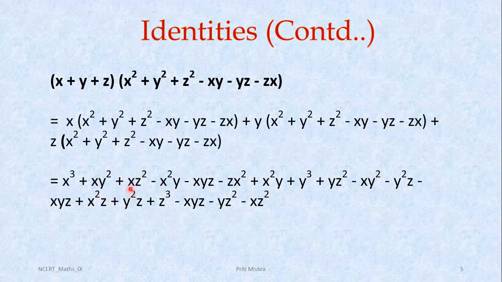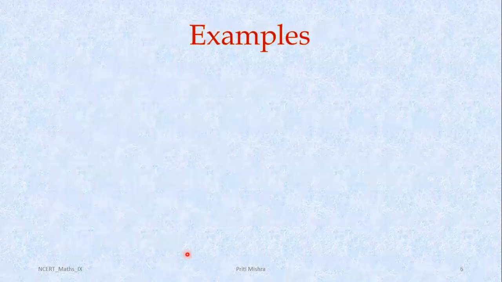Then in the same way, xz square will get cancelled out here, this one plus xz square, minus xz square. So in this way, all these square terms will get cancelled out, and at the last we will remain with the result x cube plus y cube plus z cube minus 3xyz. All these xyz terms are here with the negative sign, and all these will give us minus 3xyz. Clear? So this is the proof of identity number 8.